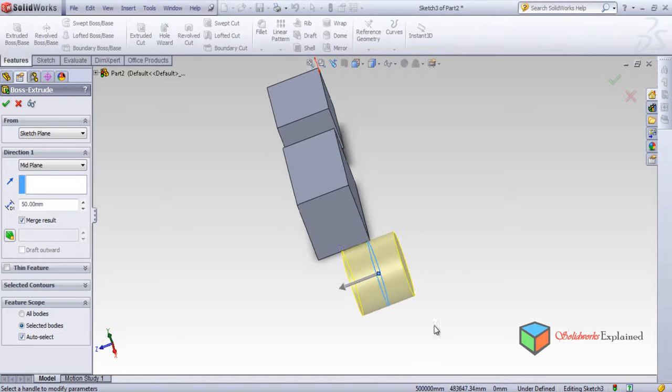The sketch was drawn on the plane, which is the blue color line. The blue color line is the sketch, and I have selected mid plane. Mid plane means this plane acts as a mid plane, and it has been extruded onto both the sides equally. This is 50 mm. Now again you can increase, you can decrease, but it is equal on both the sides from the mid plane. That's why it's mid plane. So I'll make it 100. So 100 on both the sides,